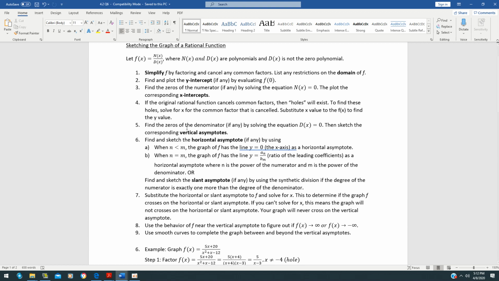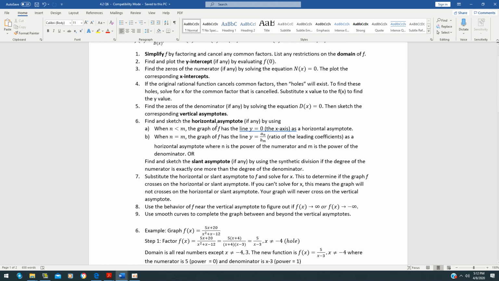Next, you have to find the vertical asymptotes. In order to find the vertical asymptotes, your denominator has to be equal to 0. Make your denominator equal to 0 and solve for x. This is how you find your vertical asymptotes. That is step 5. Step 6, you have to find either a horizontal or a slant